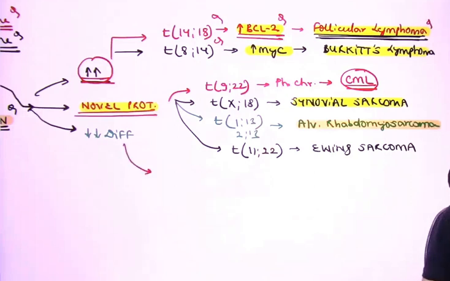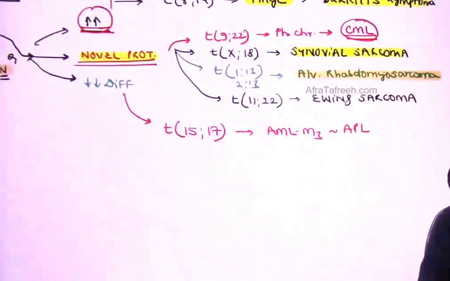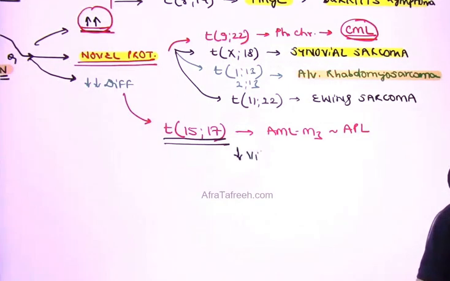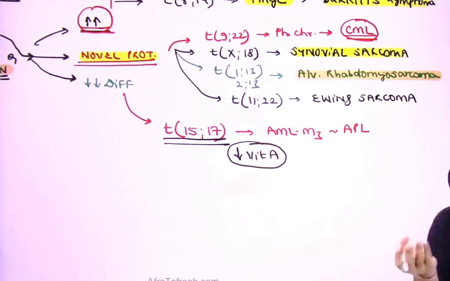If I am talking about decrease in differentiation, classical example of this happens to be associated with translocation 15;17. This is going to be associated with a cancer which is given the name of AML-M3. AML-M3 is, as we are going to be talking about in hematology in detail, also known by the other name of acute promyelocytic leukemia. What I can help you understand is that because of this specific translocation, the translocation is responsible for causing decrease in the endogenous activity of vitamin A. Where once vitamin A cannot function properly, the cells will not be able to differentiate. If cells do not differentiate, there is going to be a blood cancer, acute promyelocytic leukemia.